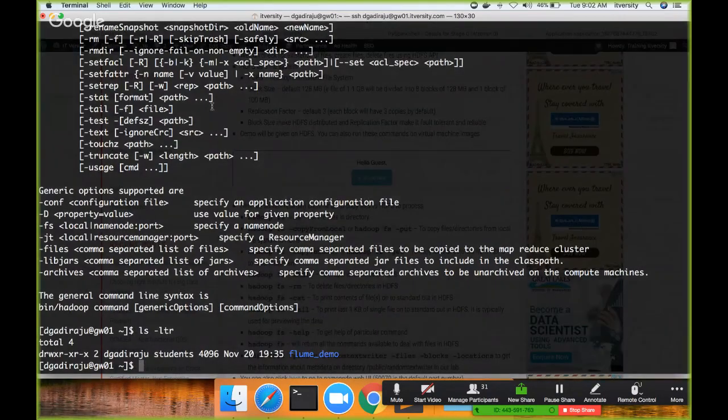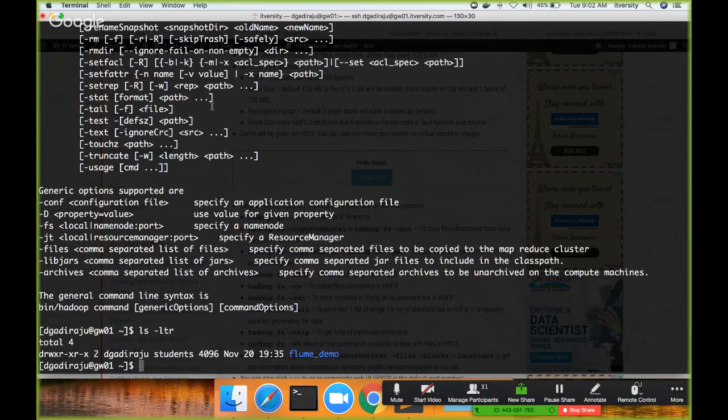If you want to create an empty file, you can say touch and an empty file will be created. If you want to delete a file, you can use rm. If you want to delete a directory, you can say rm -rf. I think there's a command called rmdir also. So like this, there are a bunch of commands in Linux which can be used to interact with the file